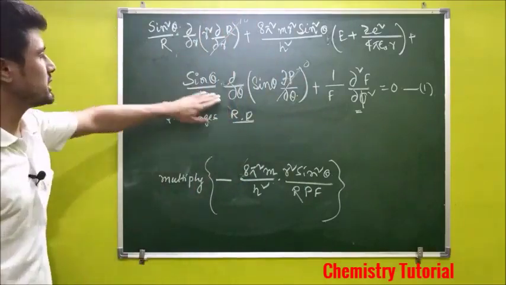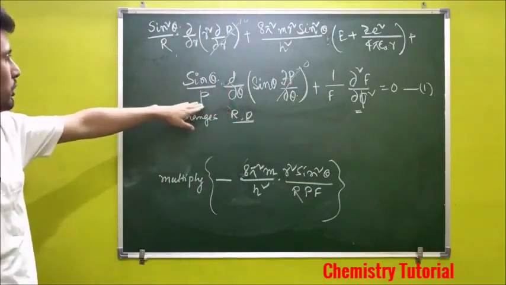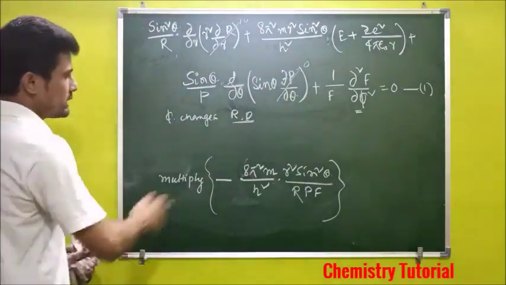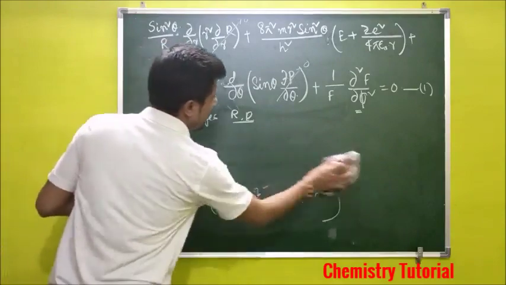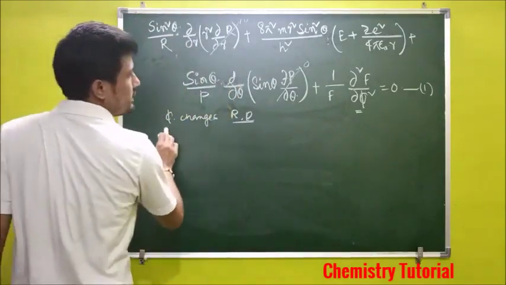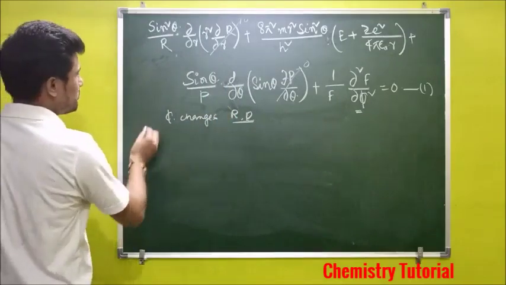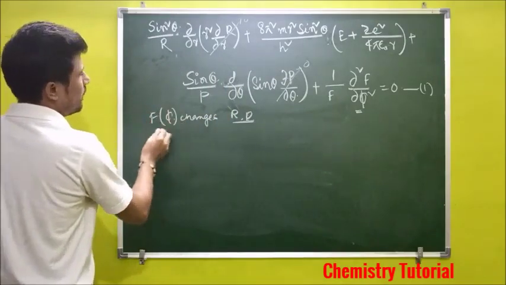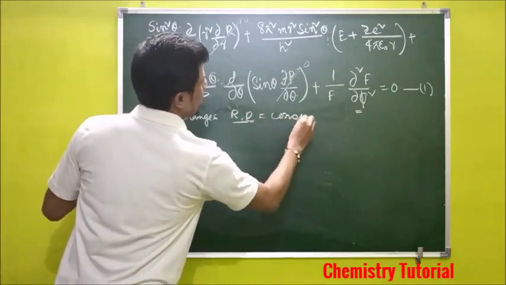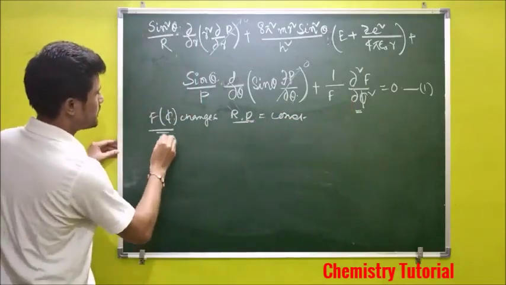So this term and this term become 0. You will be left with this constant term and this term, okay. So if we consider only phi, that is the F function, changes and R and P remain constant, then this equation 1 becomes